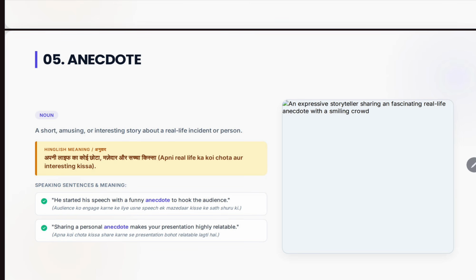So whenever you are telling your life incident story to your friend, you are anecdoting the story in a very interesting way, and it becomes very effective or very interesting for your friends. So it is called the anecdote. So here, these are the words. Now you have to practice these words today at your home. Okay, and make sentences with the help of these words.